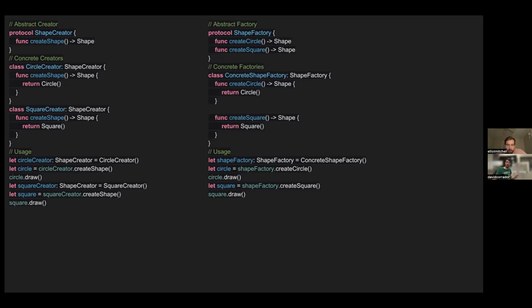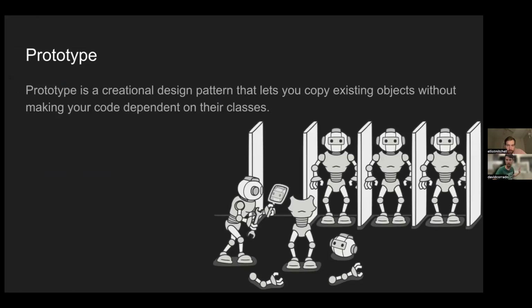There's one more that I'm going to walk you through real quick, and feel free to interrupt me. The last one is the prototype creational design pattern, and you probably have thought about it. Essentially, it allows you to copy an object, but the important thing is it allows you to define an interface for copying an existing object without